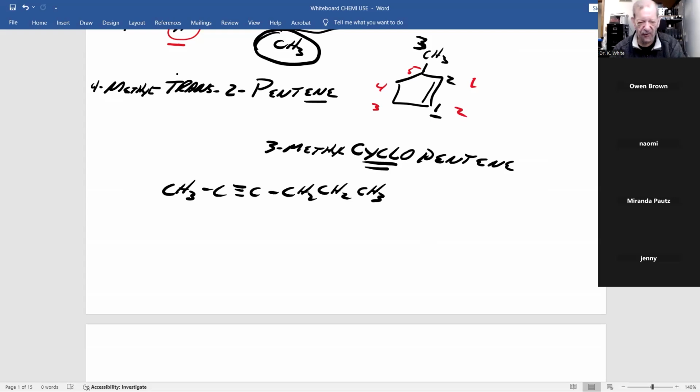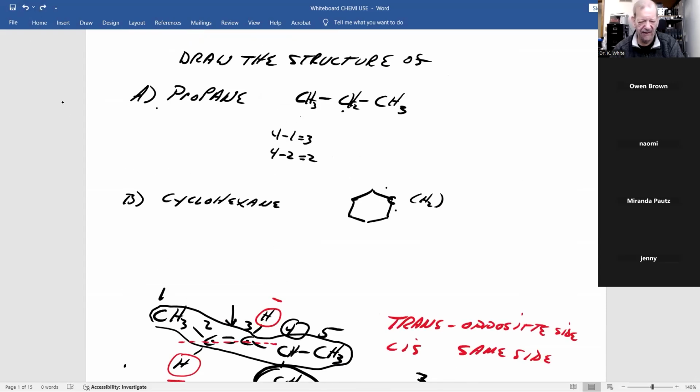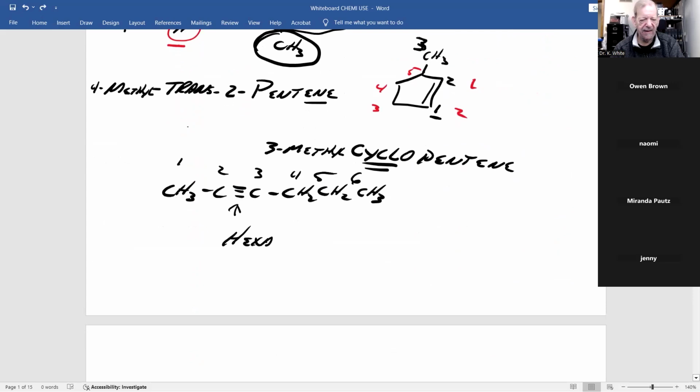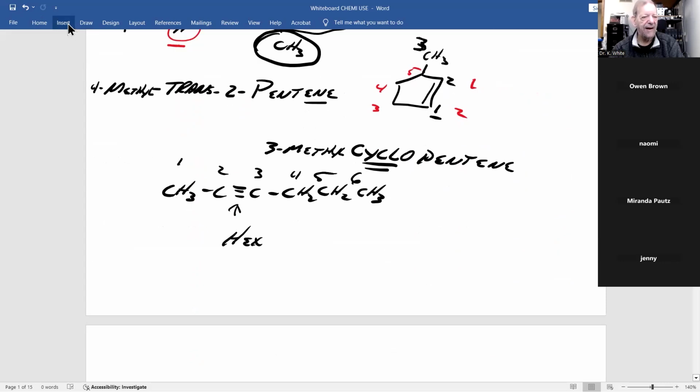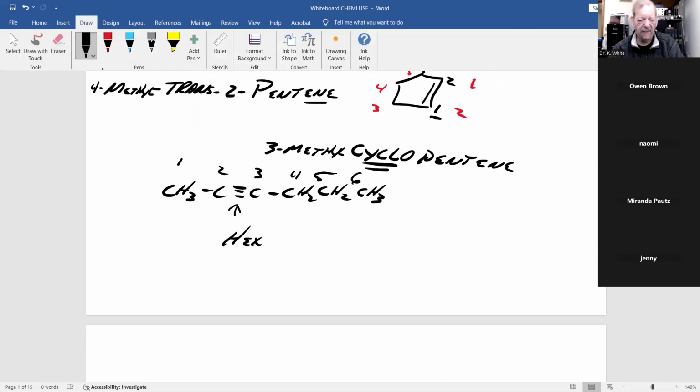And here, look for what's different. Triple bond. And how many carbons in the longest chain? 1, 2, 3, 4, 5, 6. That'd be hexane. But drop the ane ending. And it's a triple bond, so put